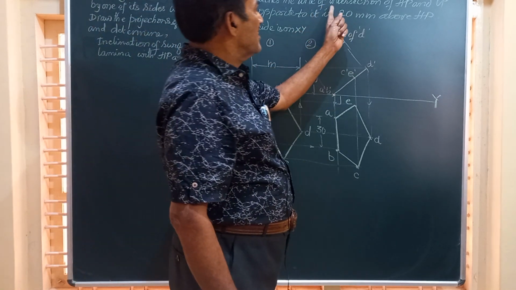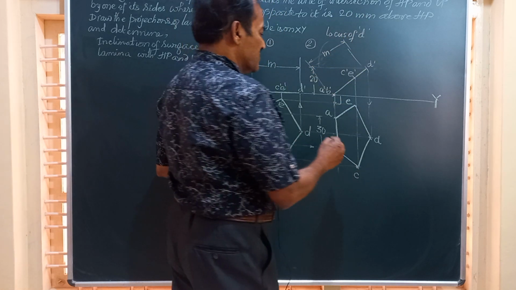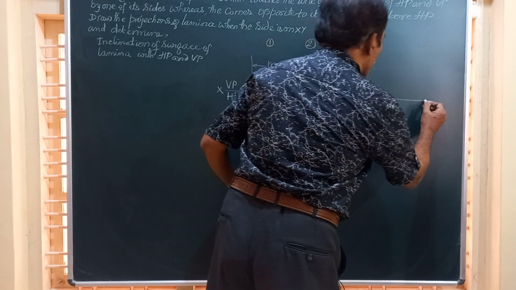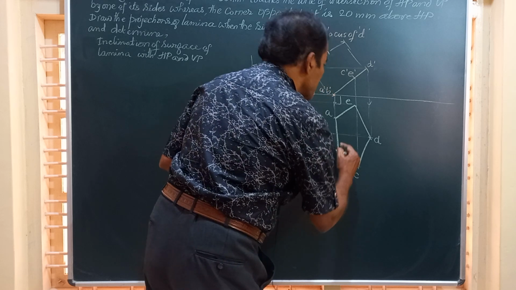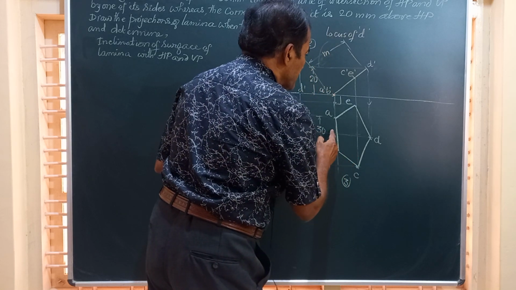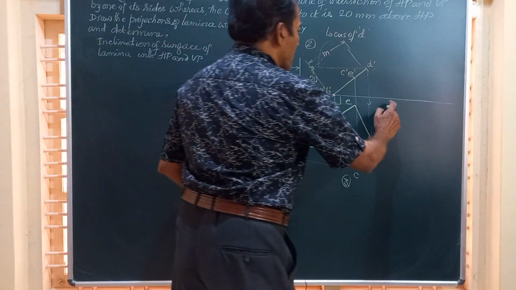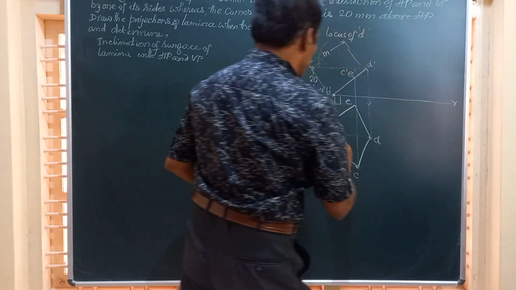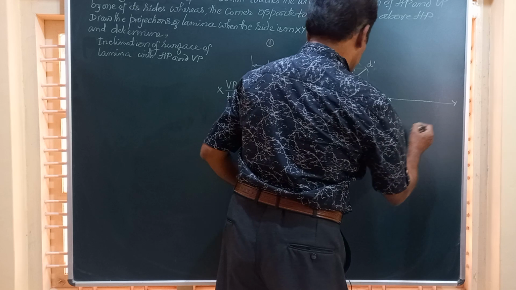This term, the line of intersection of HP and VP is XY. So friends, I have to redraw this figure here. As say this is figure number 3 and I have to redraw this such that this side AB, which is perpendicular to VP, will rest on the XY line. So friends, what I do, I have to repeat this figure here with the AB resting on